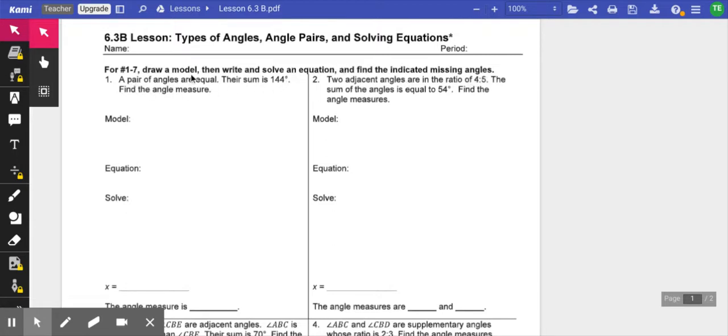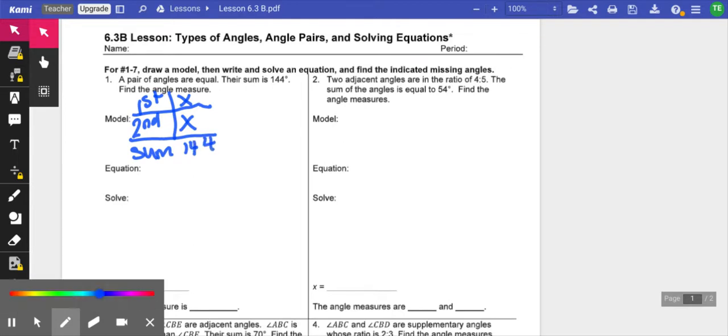A pair of angles are equal. If their sum is 144, find the angle measure. So a pair, that means I have two angles. So on this one, I think I'm going to do a chart. It just depends on the problem which way I go. So there's my first angle and my second angle, and it says that they are equal. So if one of them is x, the other one is also x, and their sum is